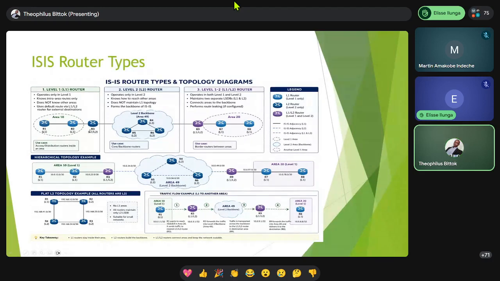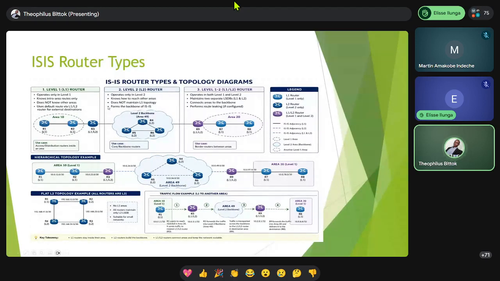We always use the overload bit in some scenarios. Let's say, for example, you are performing a software upgrade on R3. You have to send an overload bit, because maybe at some point the router is going to restart. Assuming R1 had another connection to another L1 L2 router, R3 sending an overload bit tells R1 to just fail over to the alternative link, since I don't want you to use me as a transit, because I'm going to reboot in a little while.